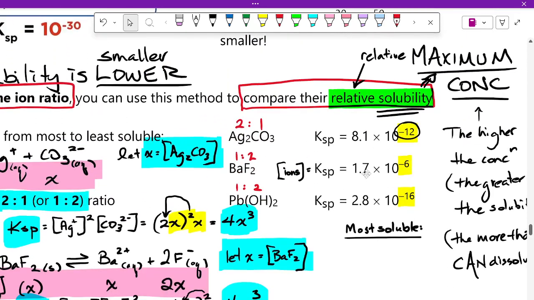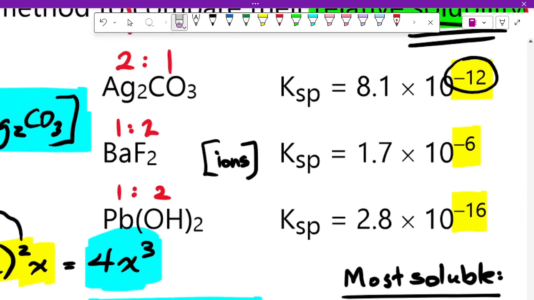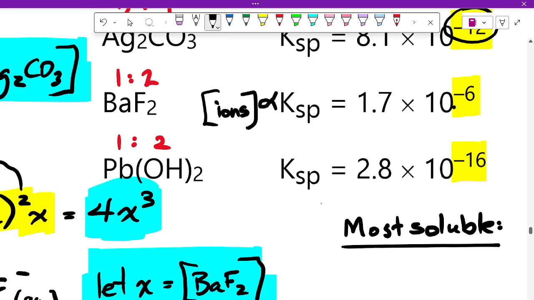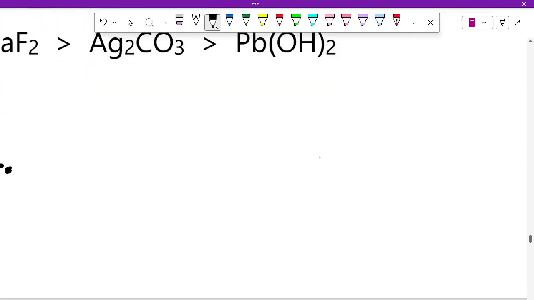So is something more soluble? This shouldn't be an equal sign. This should be a proportional sign. Do you guys know the proportional sign? Looks like a fish. Do you know that symbol? That means is proportional to. That means as the concentration of ions go up, the KSP goes up. So when we say the concentration of the ions is proportional to